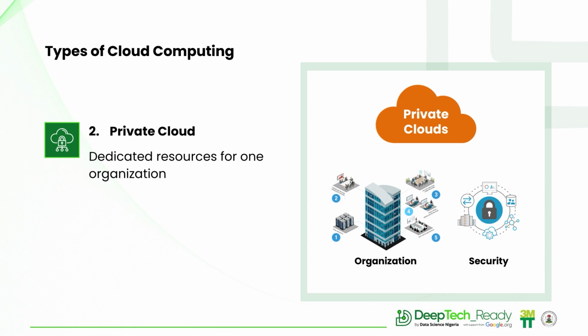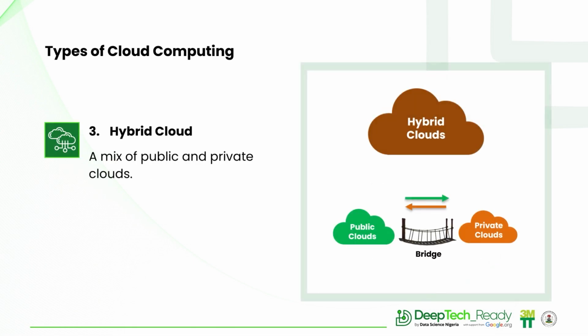Thirdly, we have hybrid cloud. From the word hybrid, it's a mix of public cloud and private cloud. It's like having a vacation home. Okay, you have your main house, that's a private cloud for regular needs, but when you need extra space or flexibility, then you use your vacation home, that's your public cloud. So a hybrid cloud combines both public and private clouds, allowing businesses to keep sensitive data secure while taking advantage of the scalability and cost saving of the public cloud.